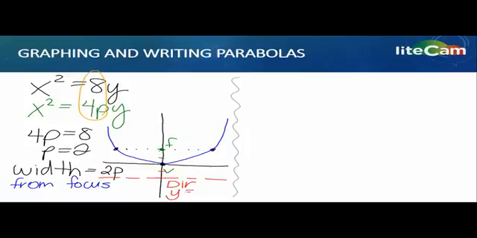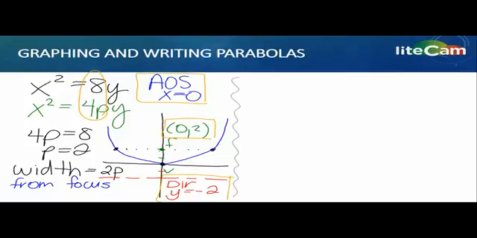So that is y equals -2. What I need you to do is remember that we have to label each thing. So the focus is a point, (0, 2), the directrix is a line, y equals -2, and still we need to do the axis of symmetry, which is x equals 0. You might be used to that, but it's going to start changing as soon as the parabola starts facing different